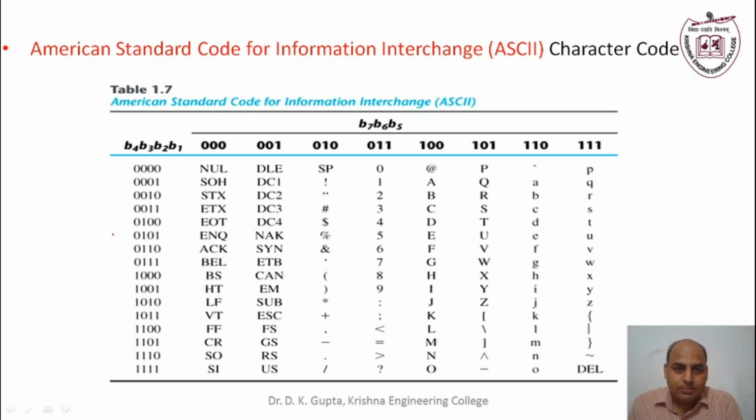So this is the simple table for converting the different digits. Normally the digits which are shown on my keypad. So the symbols are dollar, percentage, bracket, star, plus, minus, and so on. A to Z, small a to z, 0 to 9. So these are the different symbols. There are 127 symbols to represent in ASCII code.